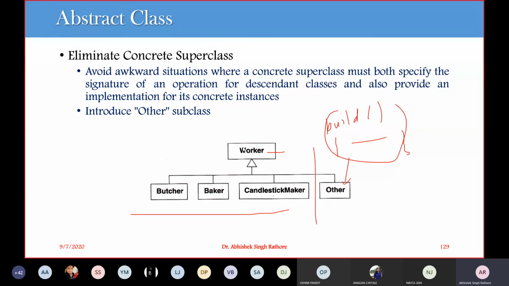So we can create abstract classes from your super classes, and it certainly helps to make your signature. Let's say a function is not implemented in all three classes, so it makes your objects heavy, or it takes too much memory. So we can move this particular function to another class and inherit all those properties from there. For those functions that are not used in these three classes, we can move them to another class and make it an abstract class. So it makes the objects of these classes lighter,